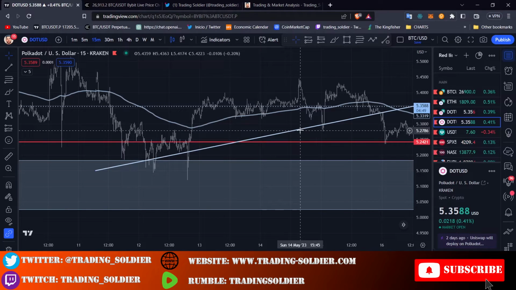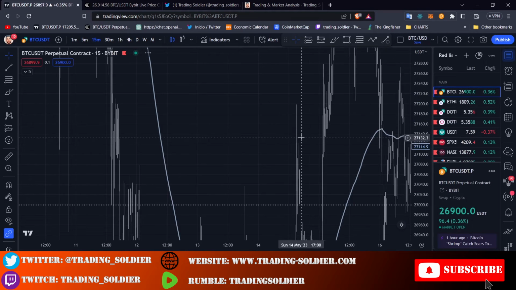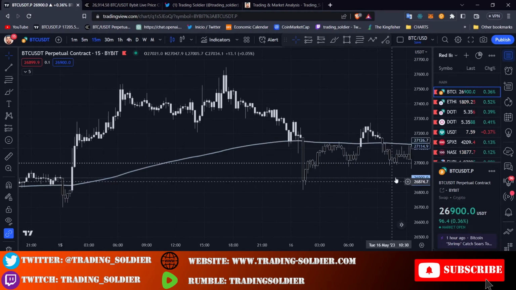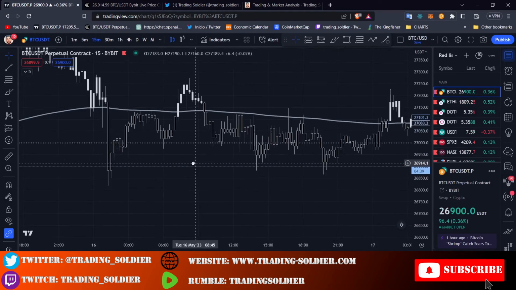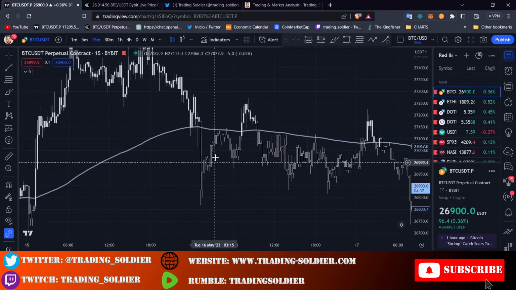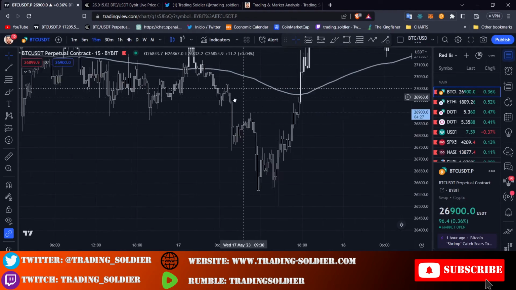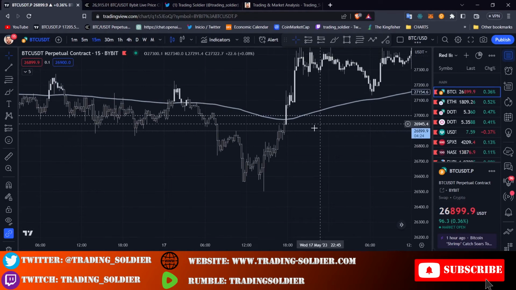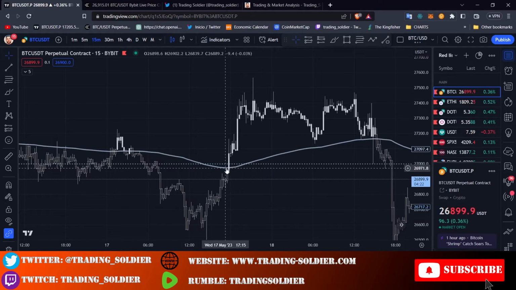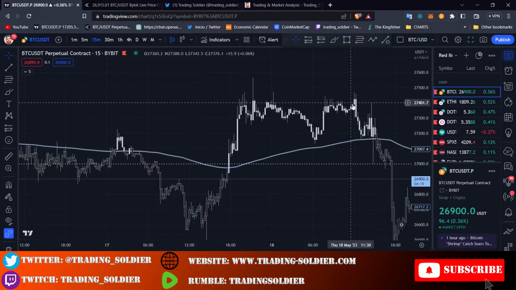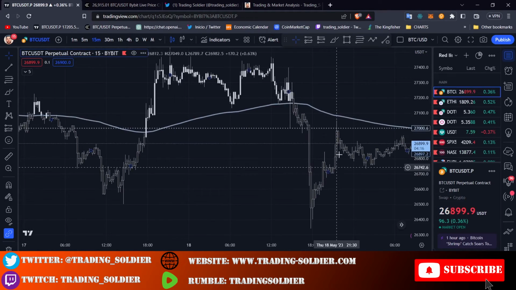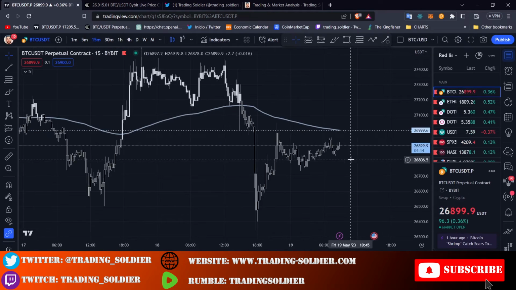If we go with the Bitcoin chart here, let me delete this. You can see the same, that the 200 EMA, for example, right now in the same time frame, is acting as resistance right now. It pulls back, broke, then retested again, is acting the same way as resistance. Then when it's broken, it acts as support. As you see here, when it's broken, it acted as support, broken again, now is resistance. So you see, also